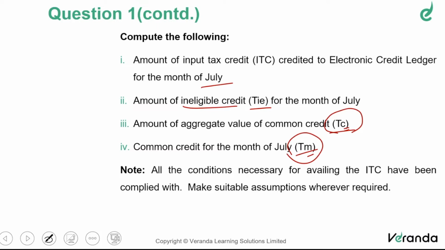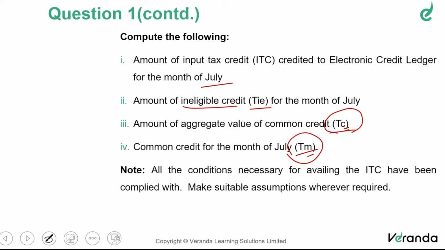Any idea? Any inputs? How to arrive at TM from TC? Any idea? Very simple. What is the deemed useful life of the capital goods as far as Rule 43 and generally GST law is concerned? 60 months. Yeah. So now TM means 1 month. We have to calculate the credit. Therefore, divided by 60. Yeah, TC by 60.